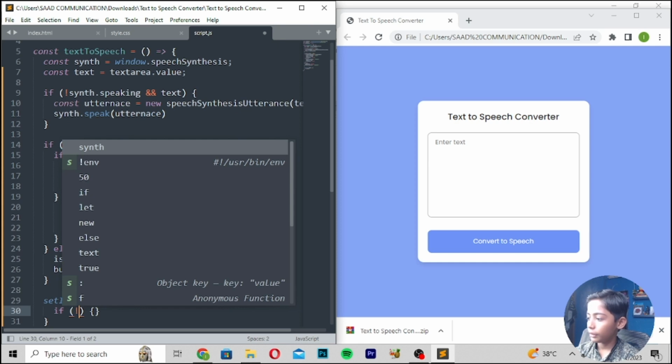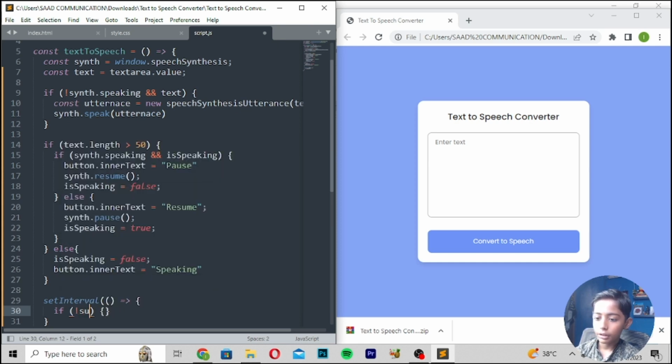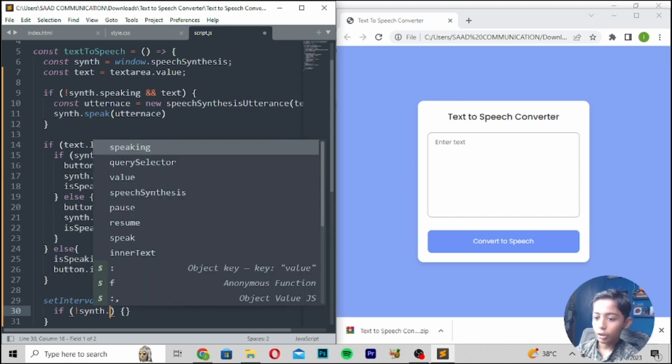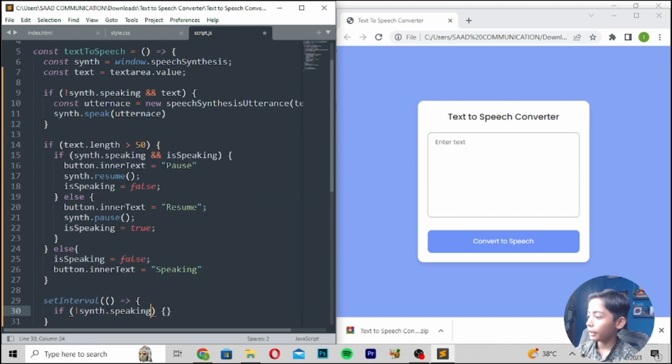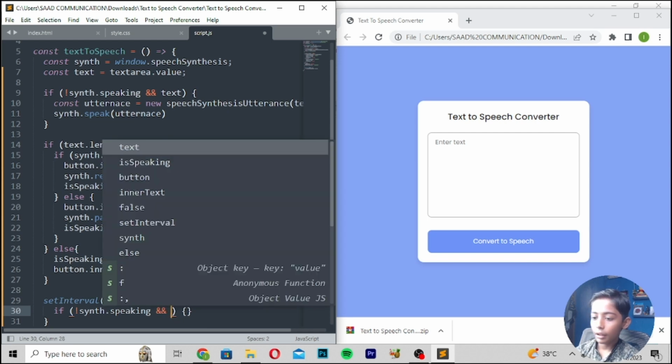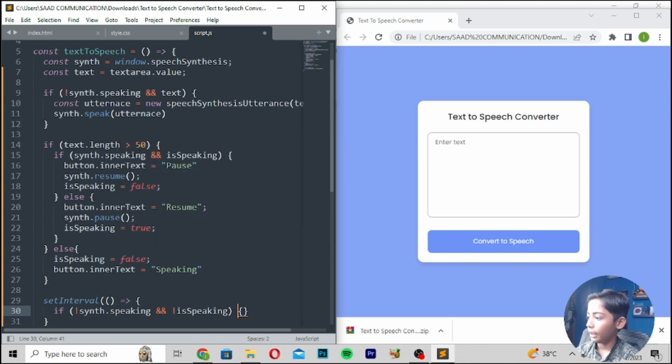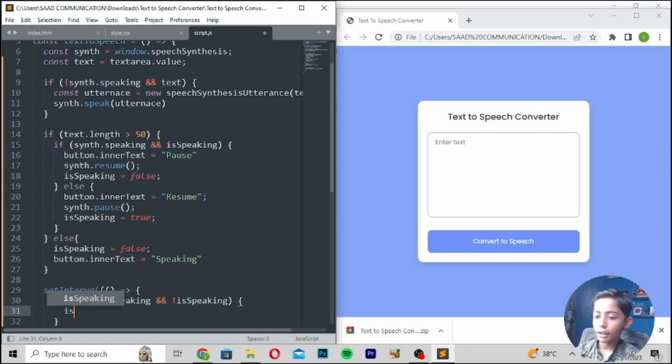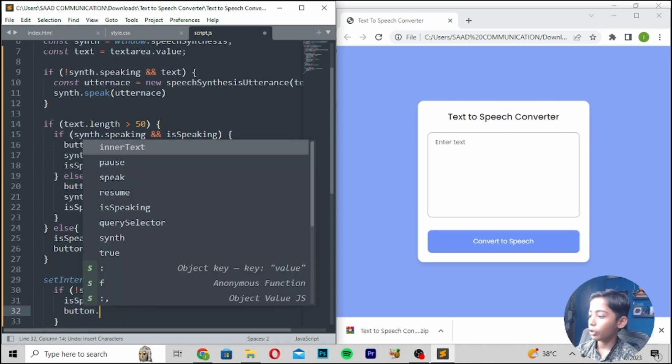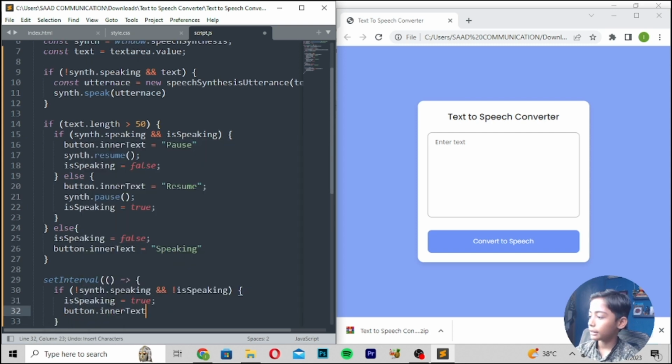Cyant dot speaking, and here we can write and then is speaking, so here we can write is speaking should be true, button dot inner text should be convert to